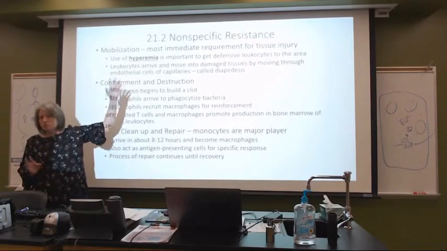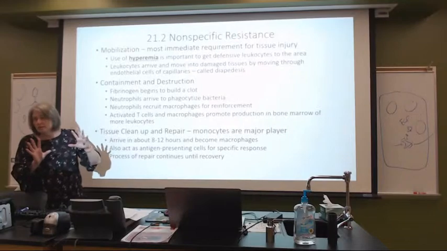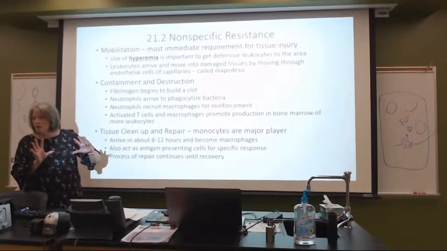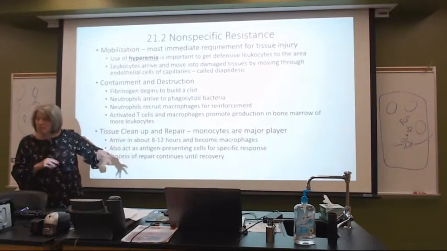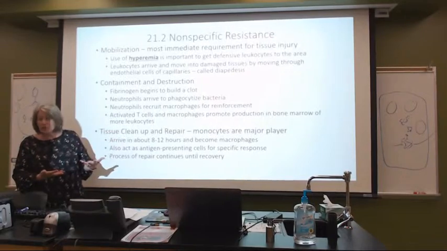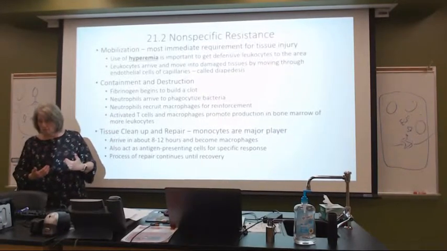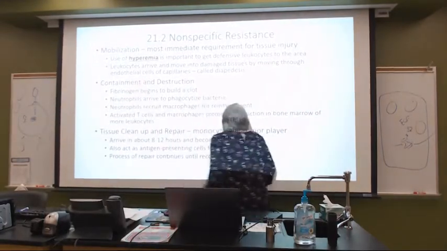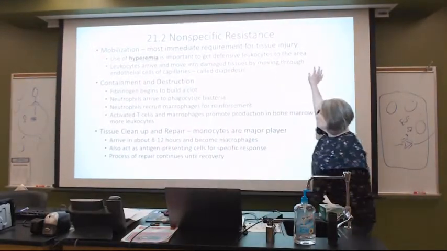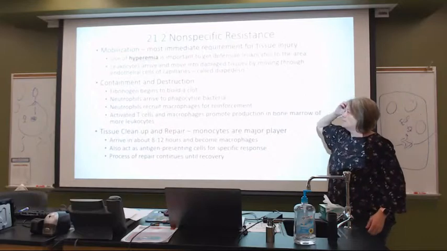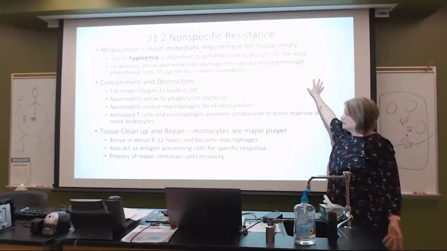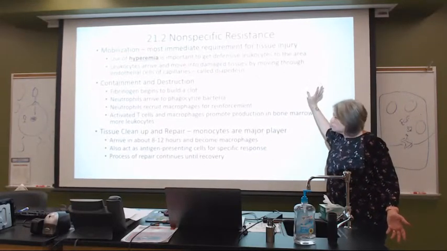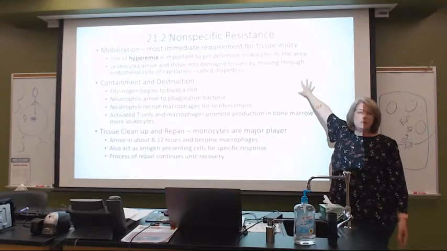Fluid, rushing fluid to the area, which is what happens with our vasodilation. When those vessels dilate, leukocytes come to the area, we get them moving in, we're going to have macrophages, we're going to get natural killer cells, we're going to do everything we can